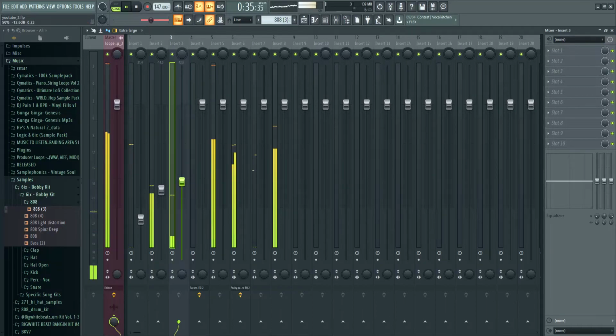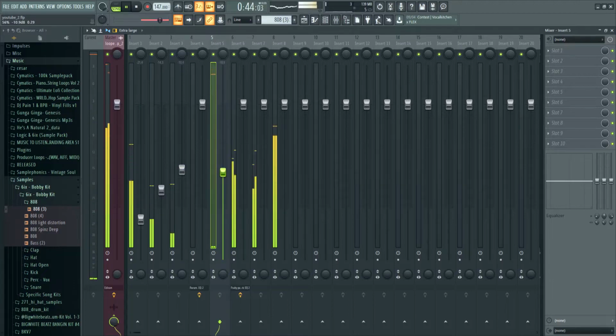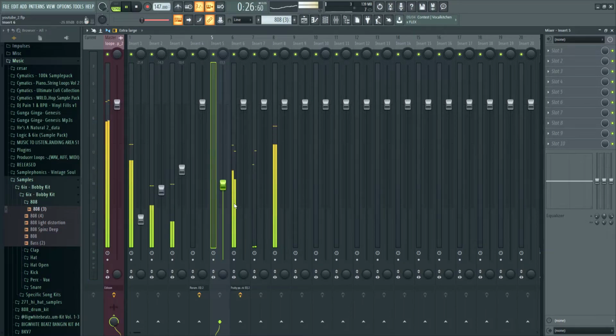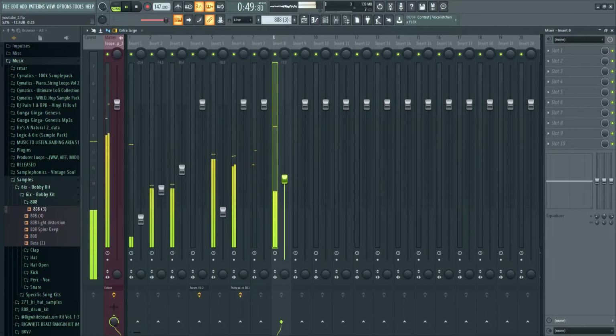So do that and bring it up a little bit. Snare is at around 15, so go down, please. Are actually around 18. So